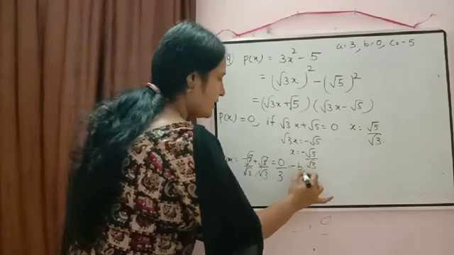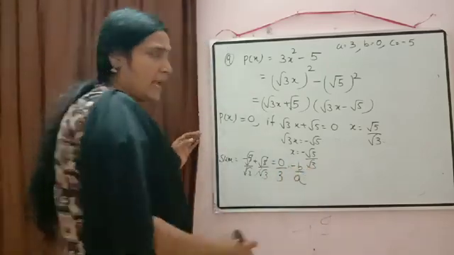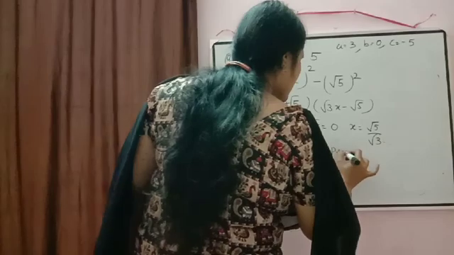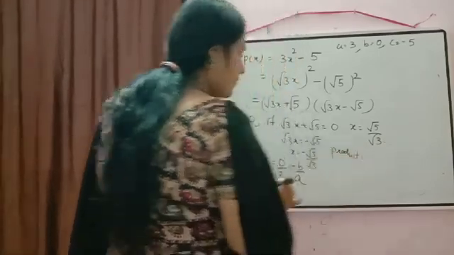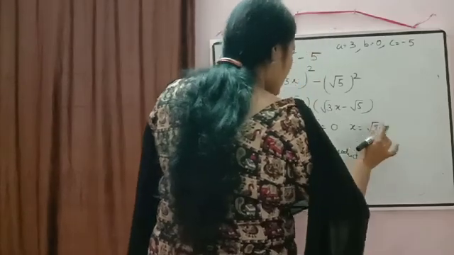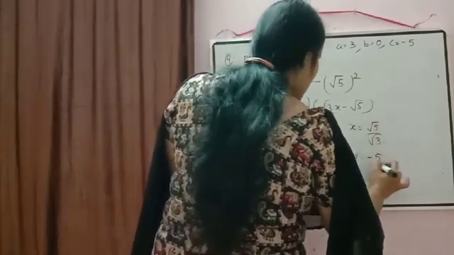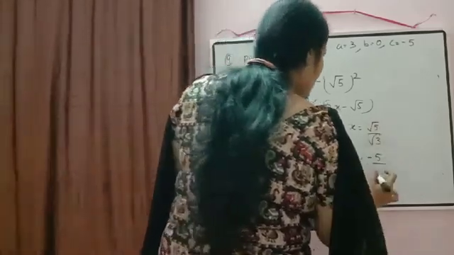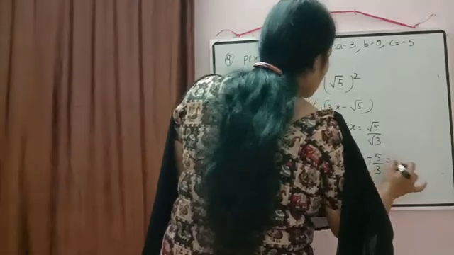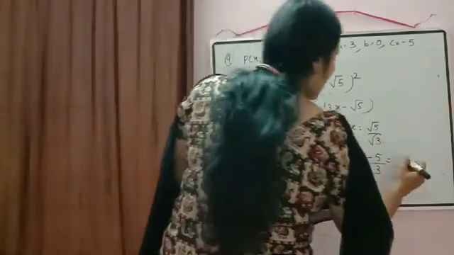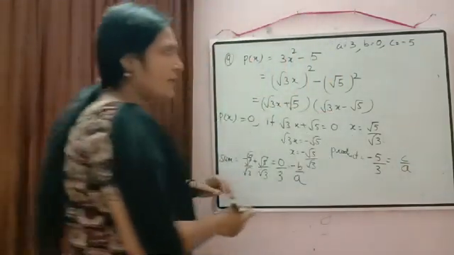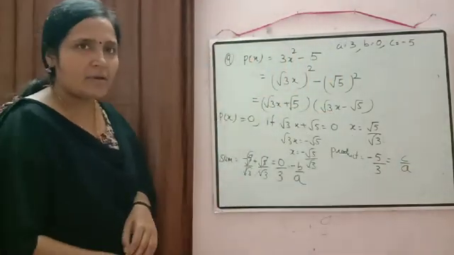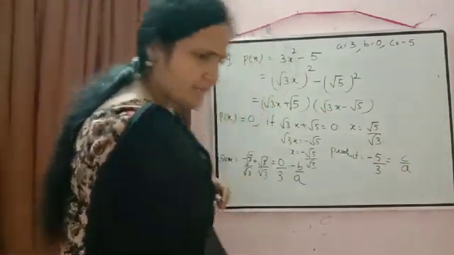So you can write down here minus b by a. And the product of the zeros. When you multiply, what will you get here? Product of the zeros, minus root 5 into root 5, so that will be equal to minus 5. Root 3 into root 3 will be equal to 3. Minus 5 is the value of c, so we will get here c by a. Okay. Write down the next one.